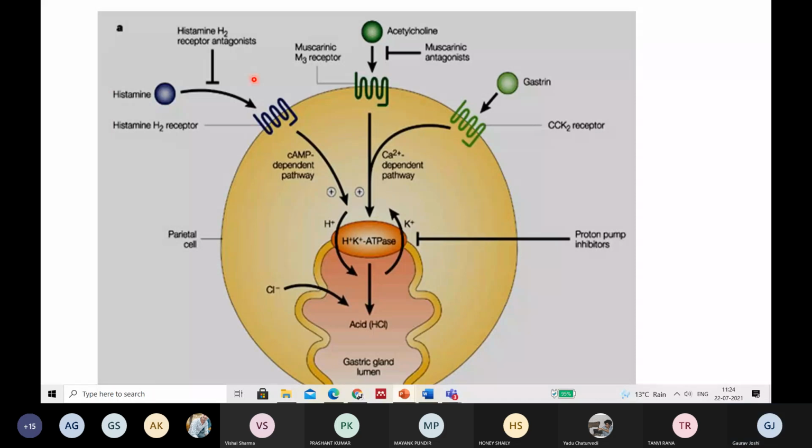So now see what these three things are doing. These three things, basically histamine, acetylcholine, and gastrin, via the histaminic receptor, via the muscarinic receptor, and via the chemokine receptor, they are doing what? They are actually affecting the status of this proton pump, right? So how could we prevent the acid now in the stomach, right? So there could be four mechanisms to control the acid release inside the stomach. So what could be the three reasons, three approaches actually? The first is